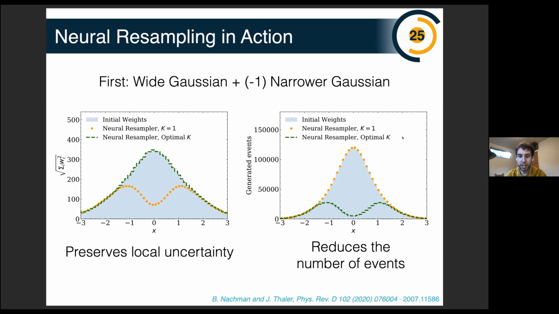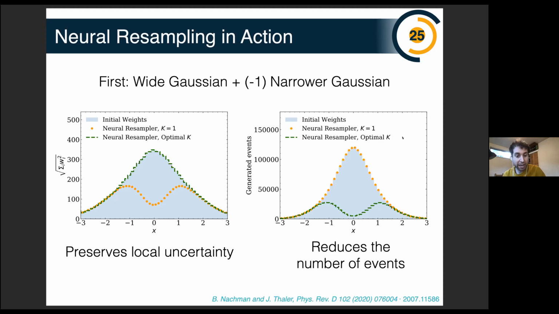And you can see that green here is the number of generated events. And as you would expect, in the region where you have many negative events, you can get away with fewer actual events that you need to keep track of to run through detector simulation, for instance, than in the regions where you have only positive events, which are in the tails.